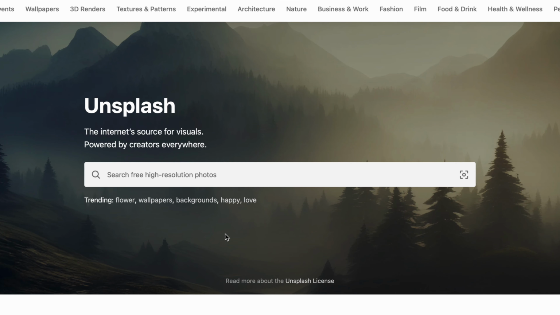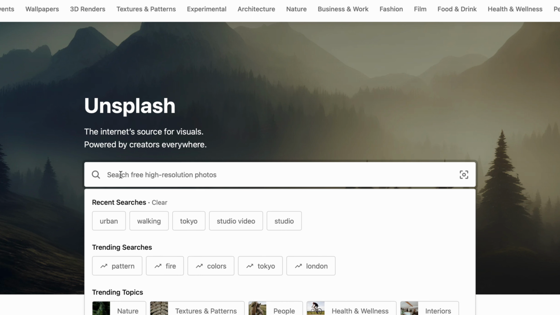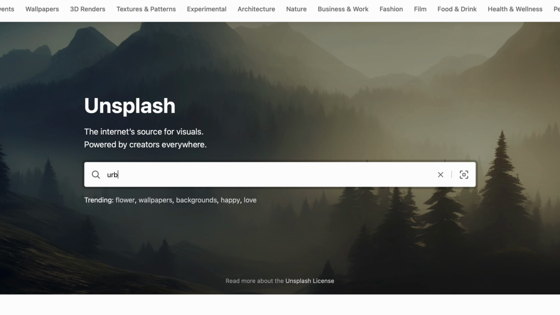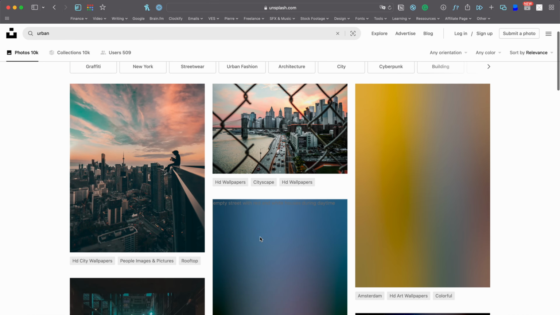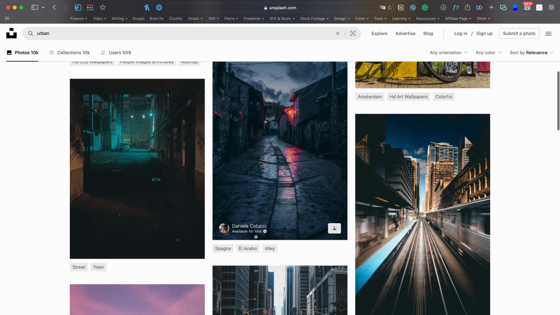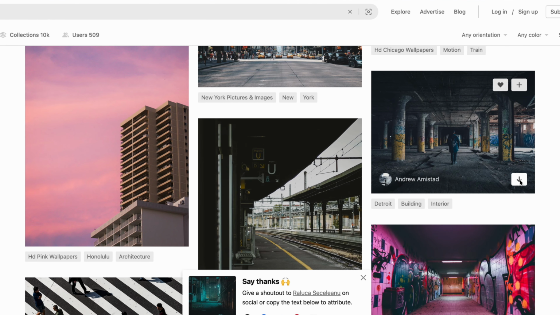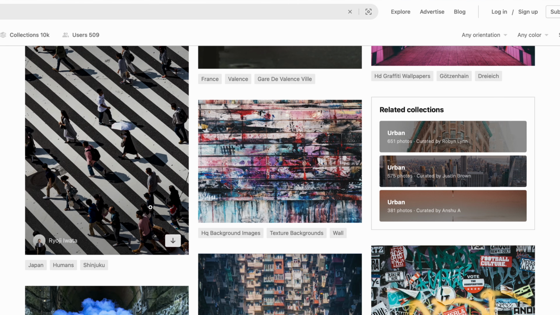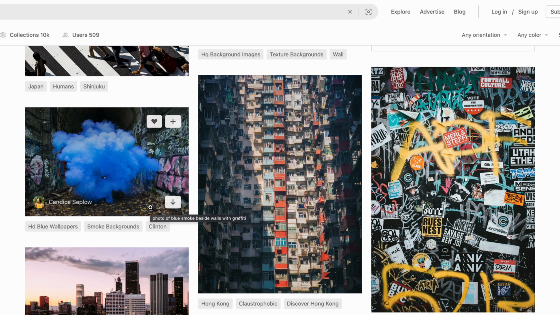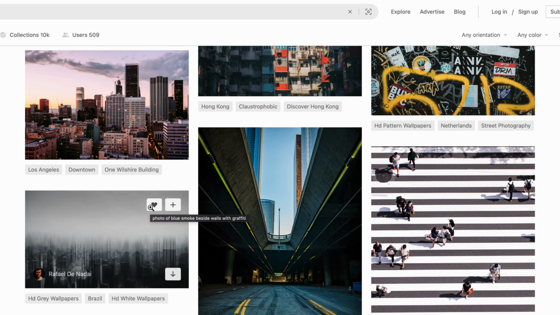Alright, so the first thing that I want to do is gather some images to create that effect. We're going to go over to Unsplash, which is a free copyright-free images website. You can search for whatever image you want to display in the background. In our case, that's going to be urban. So I'm just going to search for urban, and download a bunch of images of cities, urban environments, etc. Just make a selection of 12 images that you like the most, because we're going to create a 1-second sequence with each image being 2 frames.